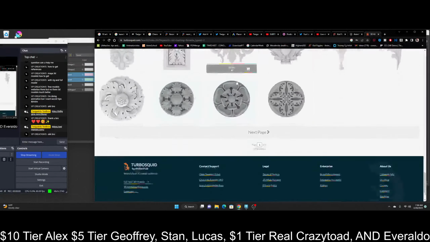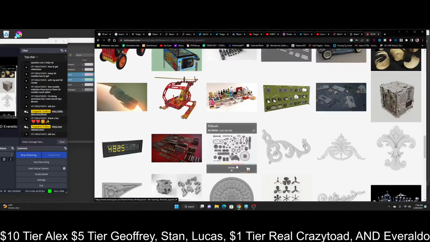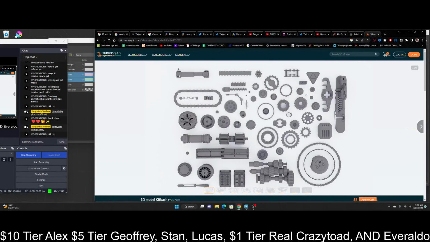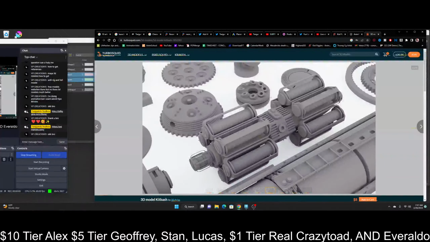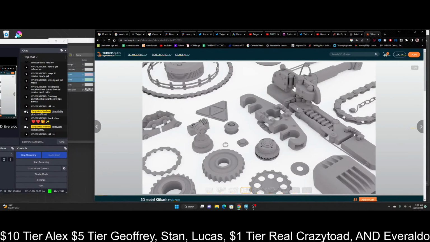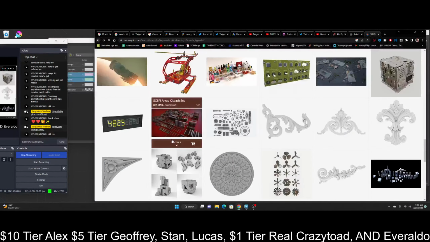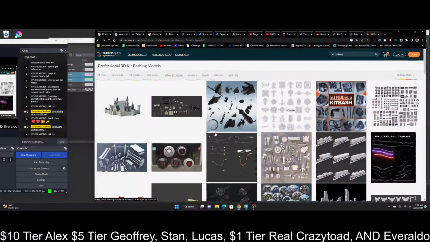Something called Greeble. This looks good enough. This is kind of like a Greeble, a tech looking thing. There's a lot of gears and tech stuff that you can just place around in your model to give a little bit of detail that you don't have to spend the time sculpting yourself. That's what I did for my